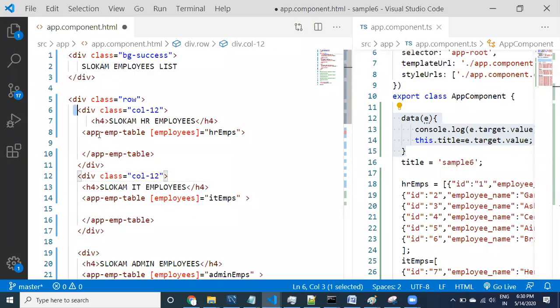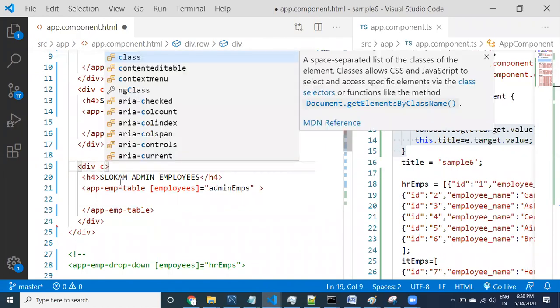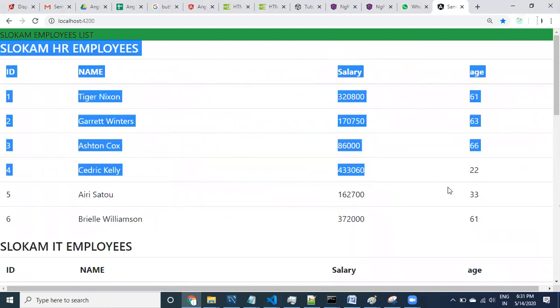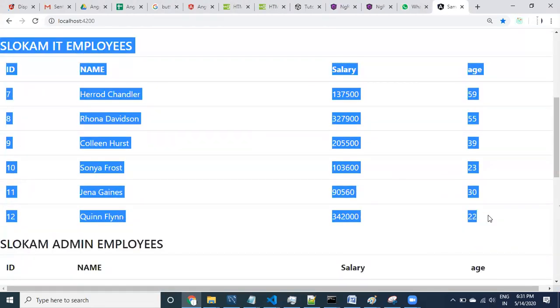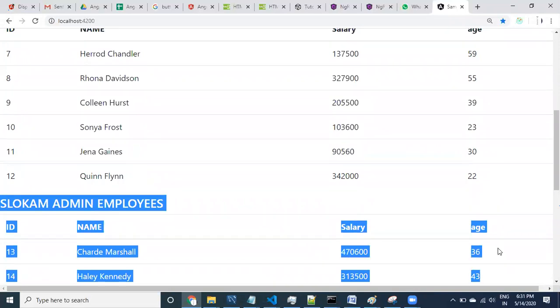This is one div, right? This is another div. We missed this one. Just you can apply class column 12. So what is the meaning of hyphen column 12? It is going to occupy the whole 12 size, so that the next one is going to move to the next part. So this is the technique.